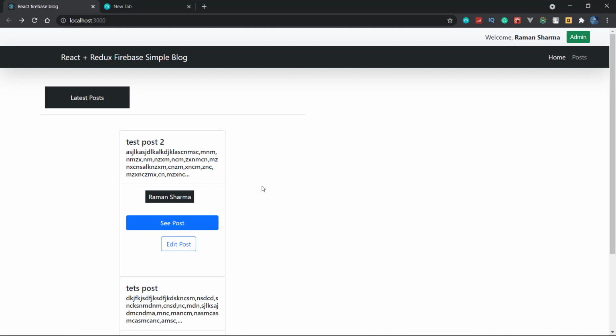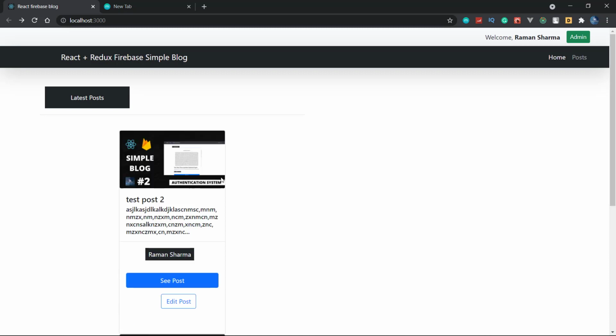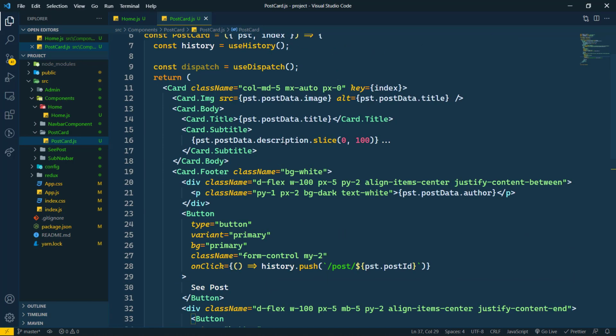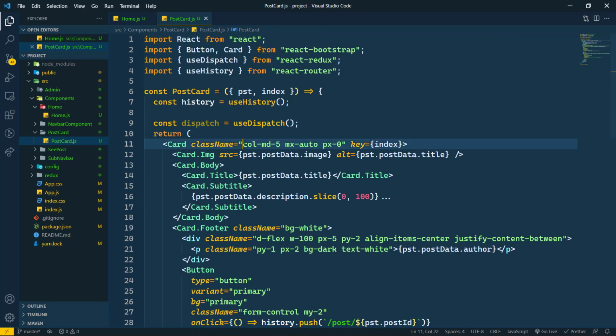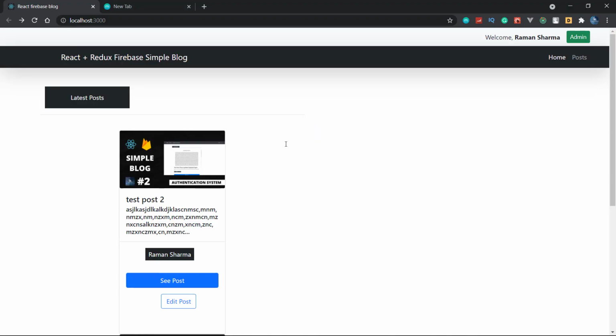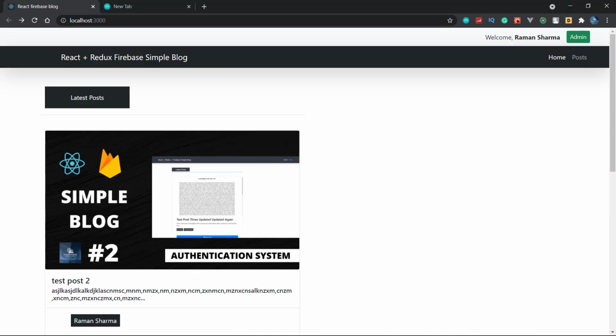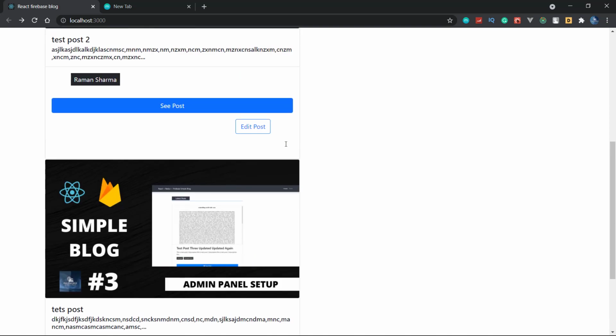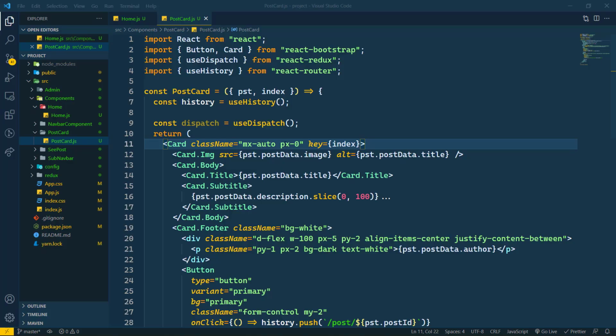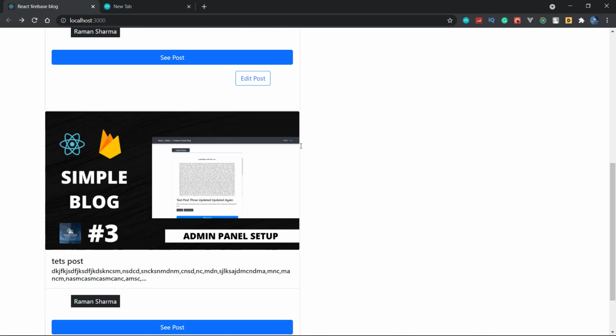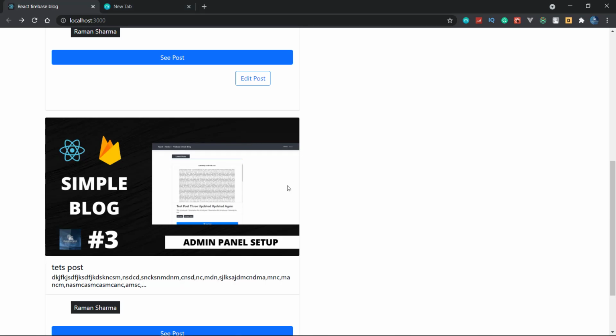Yeah, see that here we are also getting the post, but the post is very small, and let's see why this is very small here. Because of this, I'm going to save this now. Now it should not look small. Now it is looking big here, and also we want margin here. So here I'm going to write margin bottom to 3. Save this, and we should get the margin also.